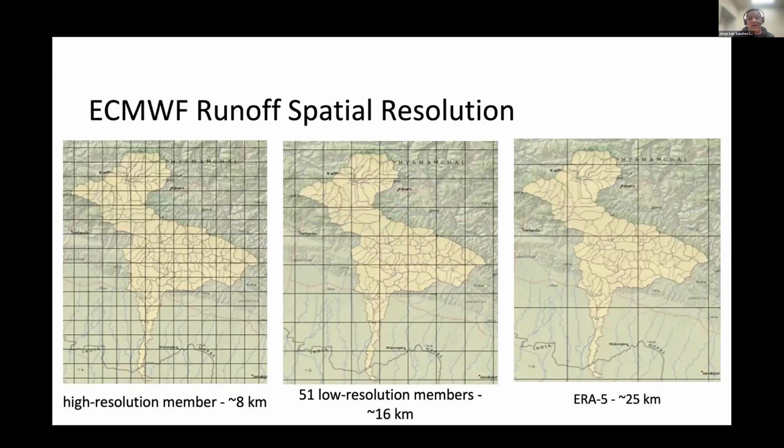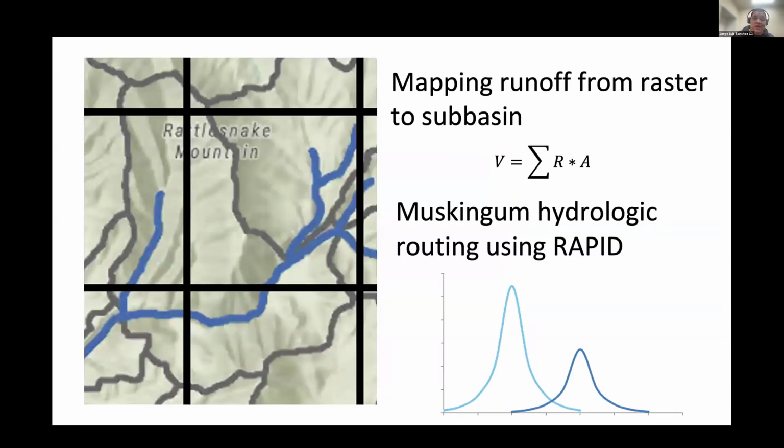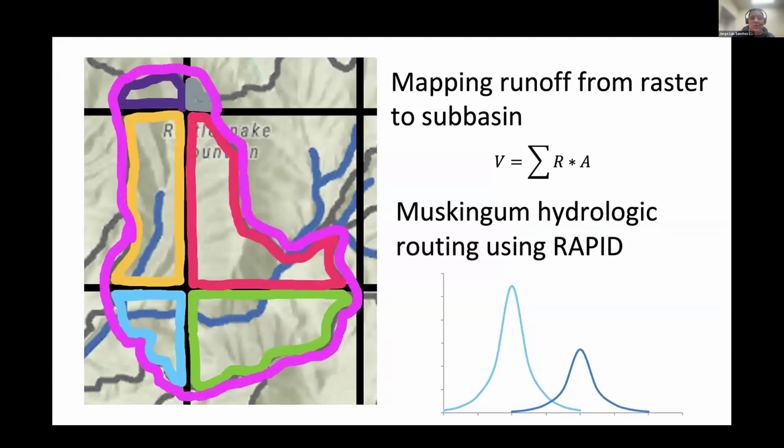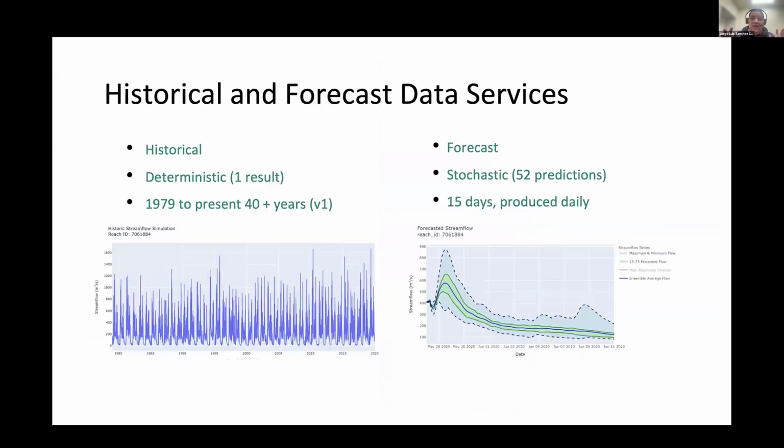But the stream network of the GeoGloWS model has the same resolution everywhere for every single service. So we have a weighting area mapping method where we calculate for every single watershed the proportional area of each one of the pixels around it to calculate the runoff volume inside that watershed. And after that, using the Muskingum method with the RAPID algorithm, we route the water through the streams,